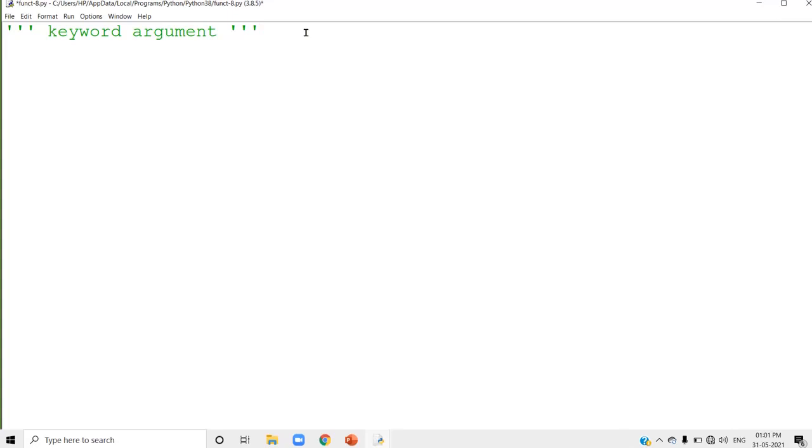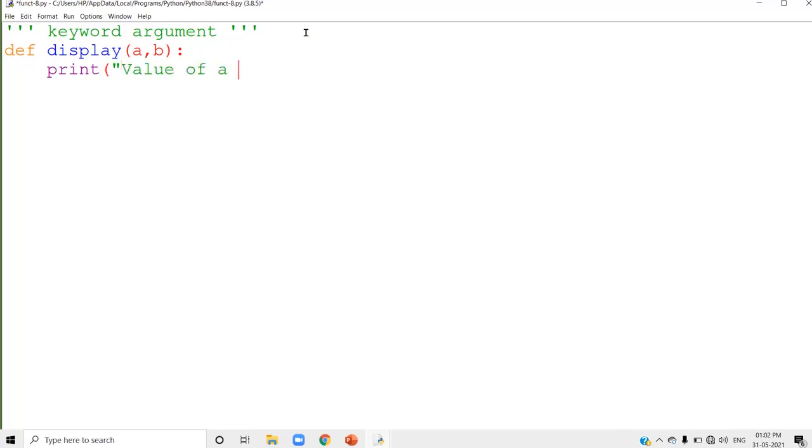I'm going to just display two different values. def display, the function name, with two values a comma b. A and b are the formal arguments. I'm not doing any calculation, just displaying the value.